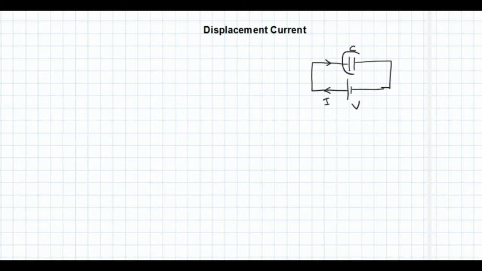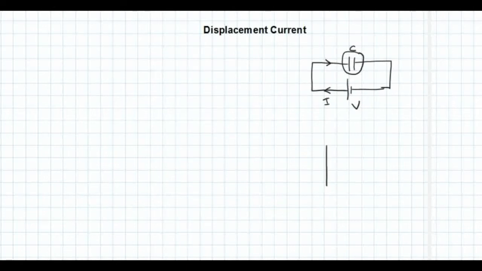As far as a capacitor is concerned, we know it consists of two plates with a small distance of separation between them. So as far as the circuit is concerned, there will not be any physical electron flow through this part, right? The electrons will not pass through this capacitor. Then how is the circuit complete, or how is current flow possible through the circuit? This can be understood with the help of displacement current.